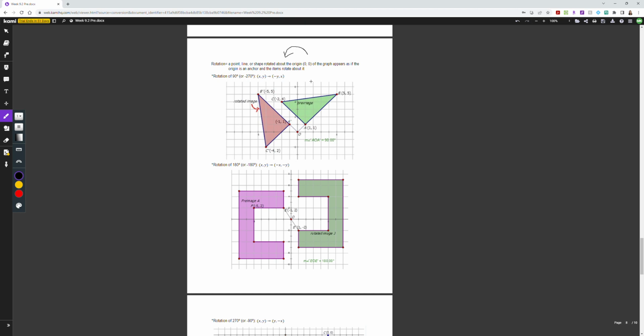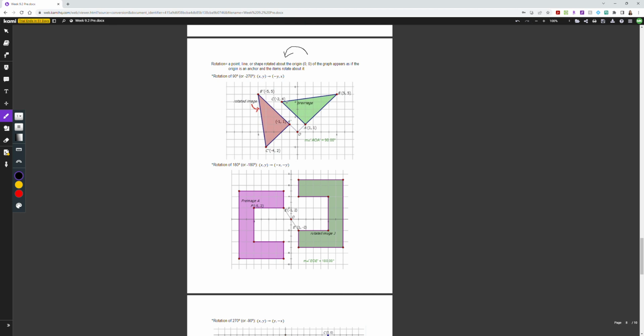Okay, so now a rotation of 90 degrees, your original would then become negative y, x. So let's say your coordinates, let's take this example. All right, so let's take that's A. Actually, that's not. Let's take C. Right, so your coordinates of C are negative 2, 4. Now, if I were to rotate it 90 degrees, then my coordinates for my image are going to be,